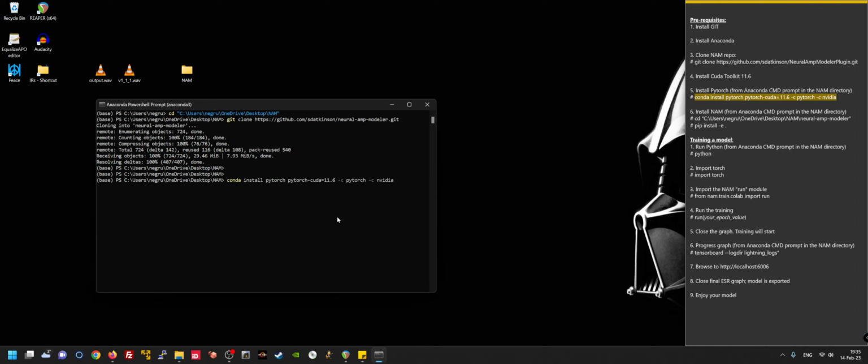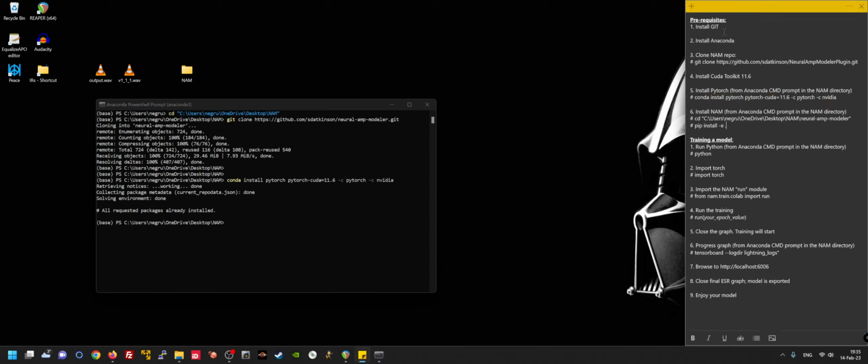And it might yell at me because I may already have it deployed, but just for the sake of it, this is what you will need to do. Just a word of warning, it does take its sweet time, so let's see it unfold. All right, so mine was already installed, so all the dependencies are met. And yeah, we have Git, Anaconda, we got PyTorch deployed, and then the last of the prerequisites is pretty much to install the modeler on our machine, right? So